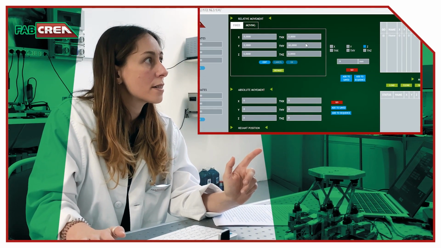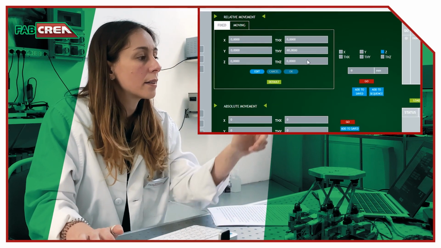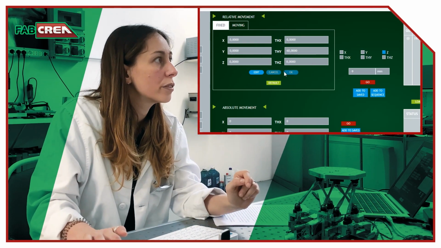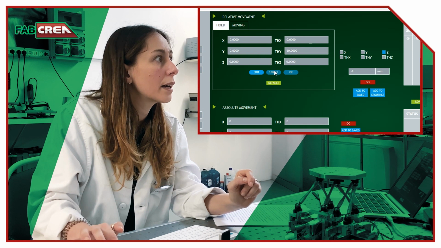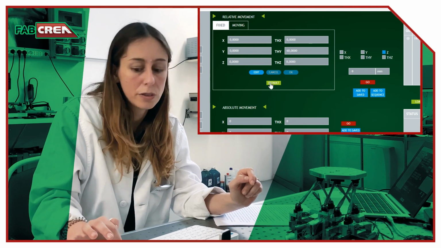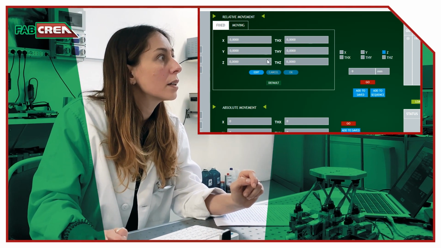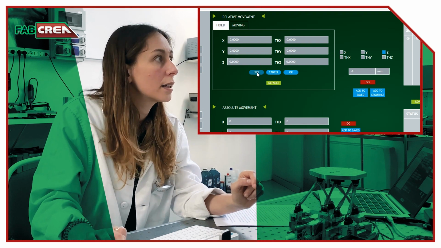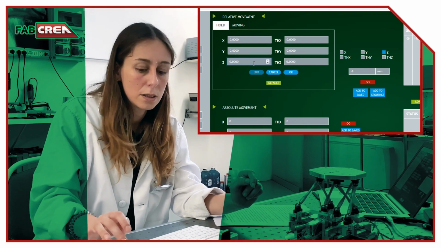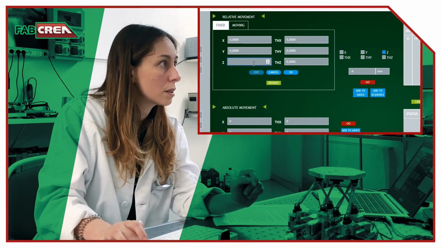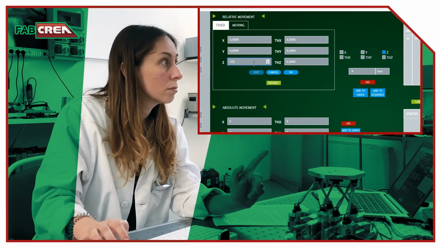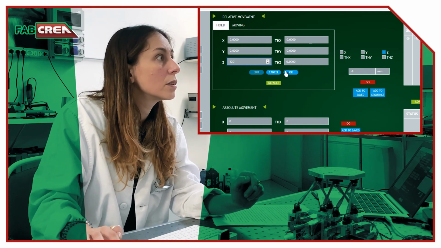So, for instance, if we want to set a pivot point above the platform, we can modify this one. Let's see, edit again, put this value. Okay,